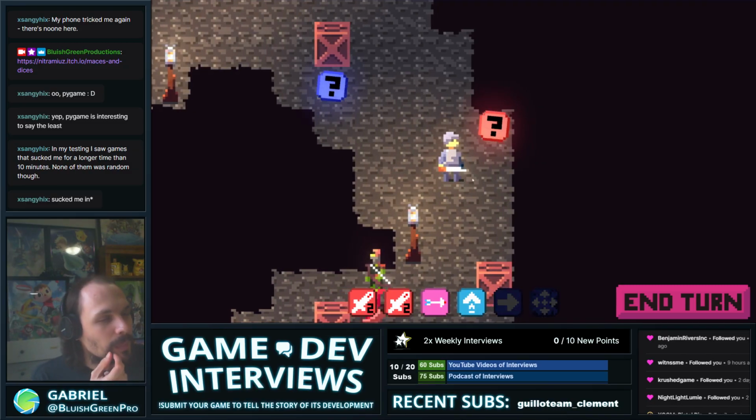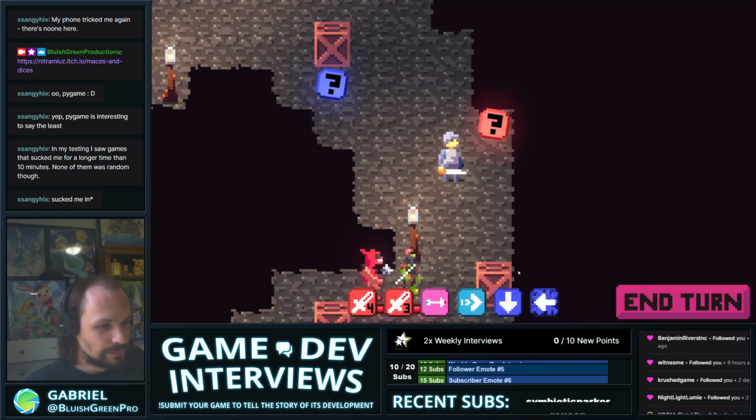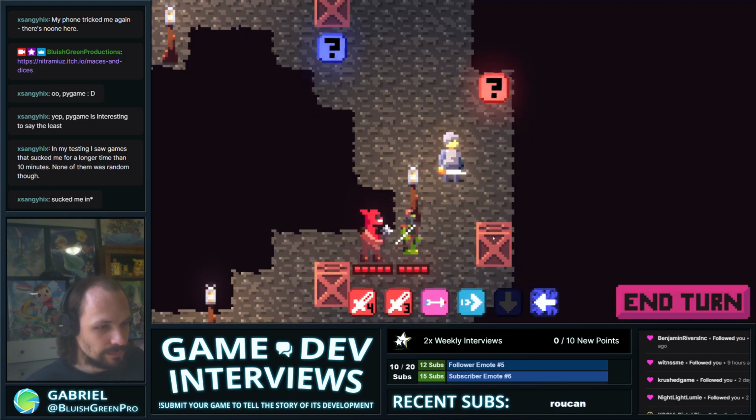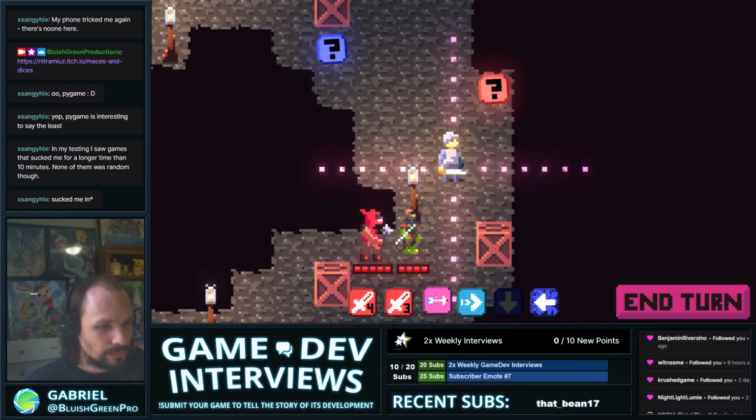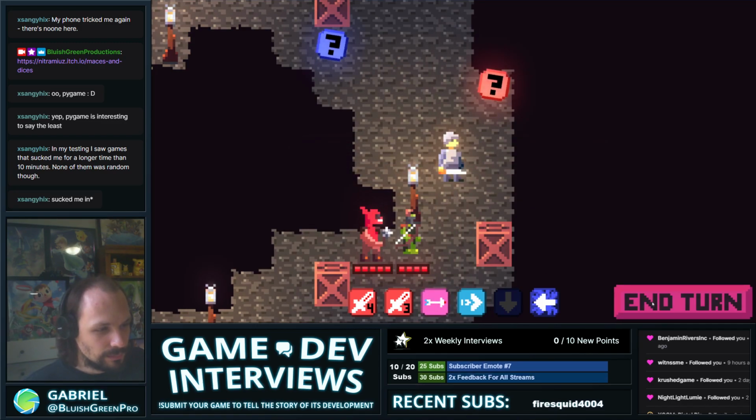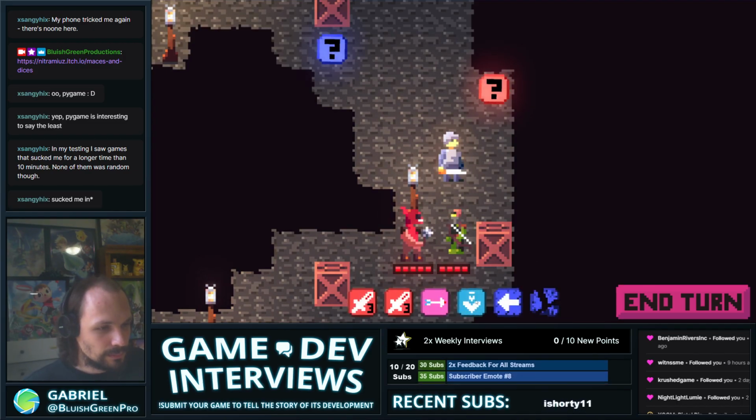Yeah, so are you happy with the core system of the game in terms of the dice to move and attack, or do you have any other plans for changing that up? I think it works quite well. I mean, there's always this risk of having it too RNG dependent when you do a game with dice. But just because I have these different colored dice means that you're always gonna have an attack. You're always gonna have some kind of movement, and so on. So I'm pretty happy with the system, and there's still plenty of room for